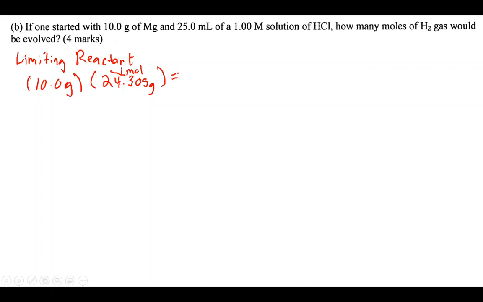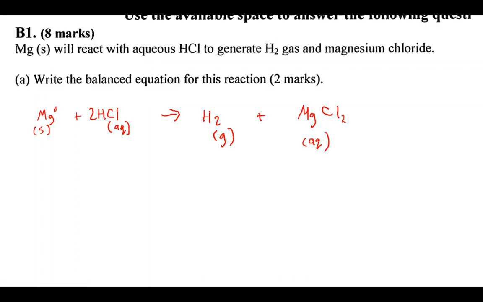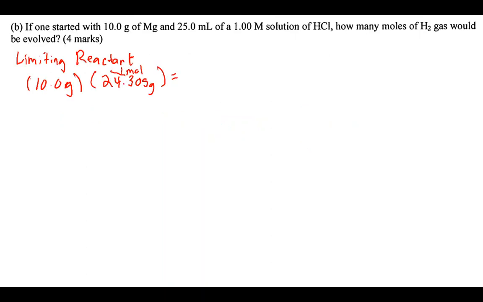Looking at our previous reaction, for every 1 mole of magnesium, we can produce 1 mole of hydrogen gas. So we can determine how many moles of hydrogen gas from how many moles of magnesium. If we punch that into a calculator,